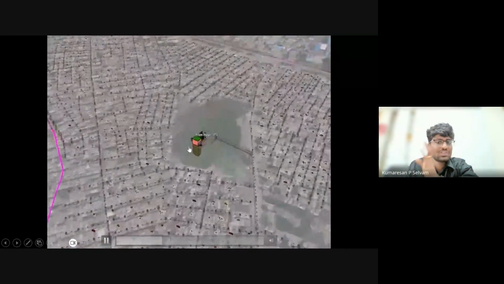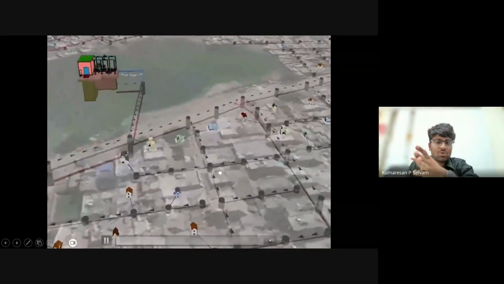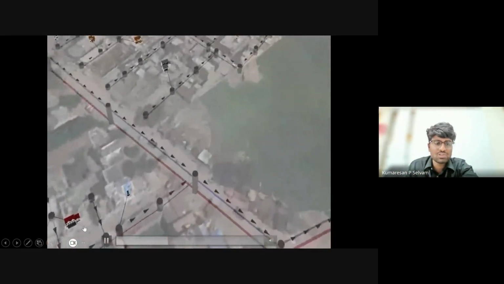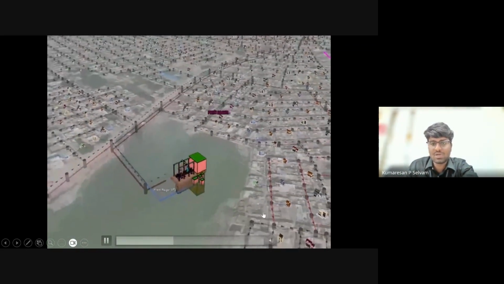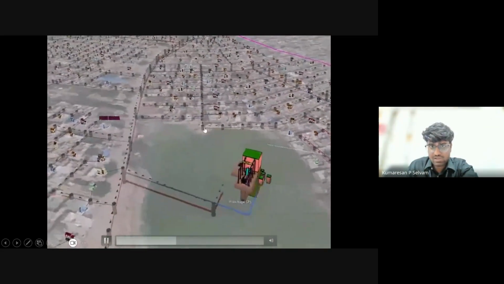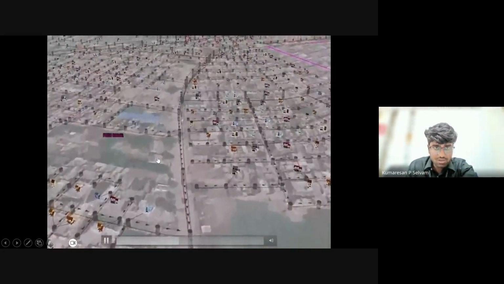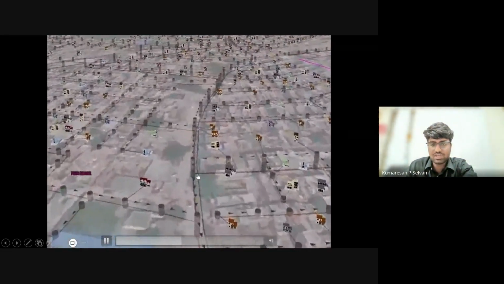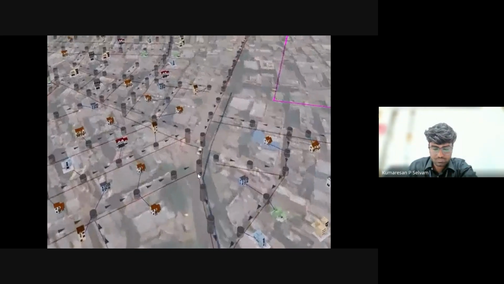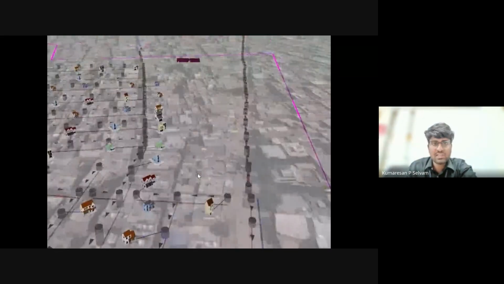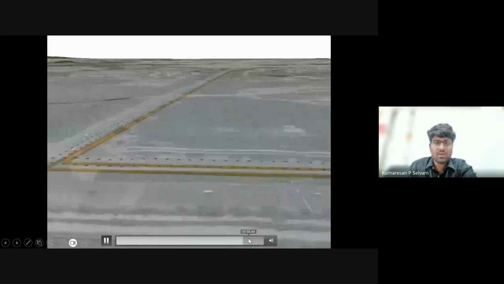You could have seen in various places in Chennai, in the streets there are many manholes like this. Those manholes are either at stormwater drains or sewage collection drains. So this is how the BIM-JS integration will help in visualizing how the network will go through, till the existing STP, sewage treatment plant.